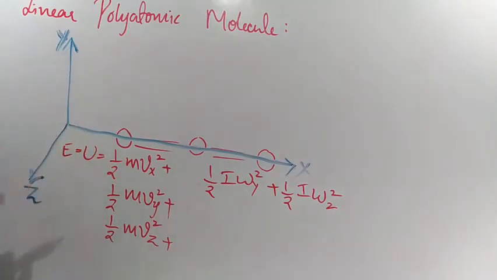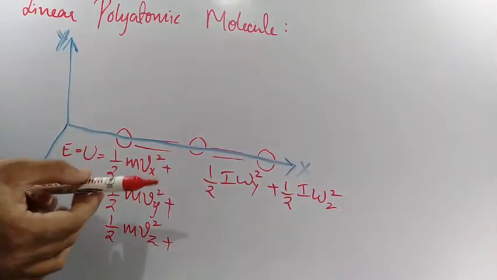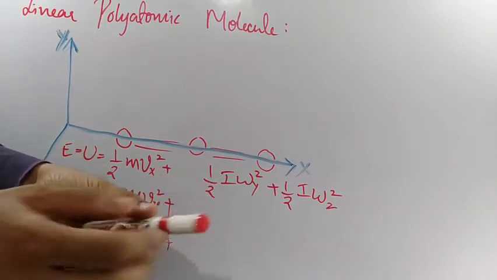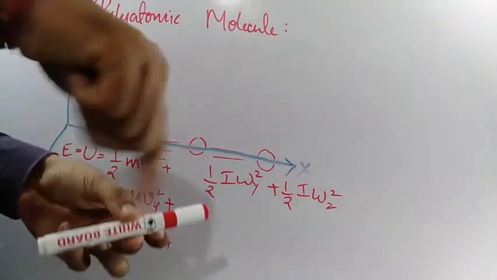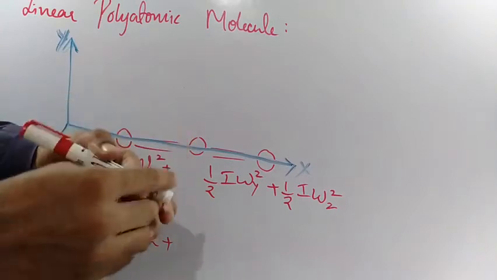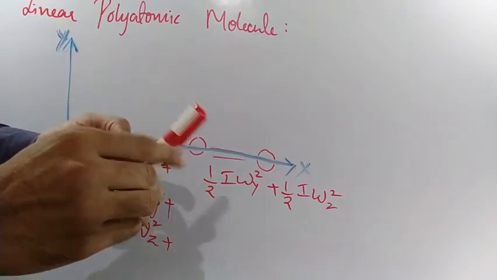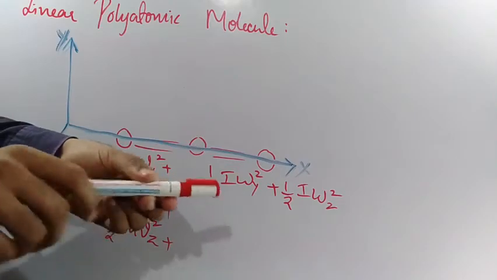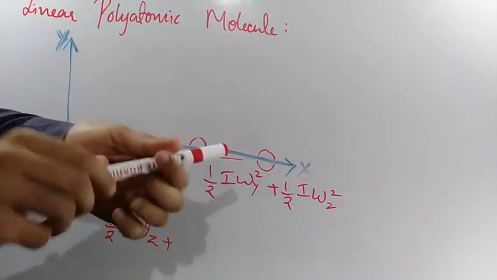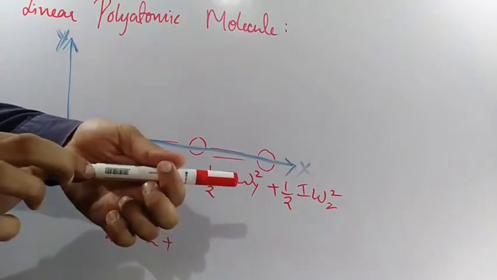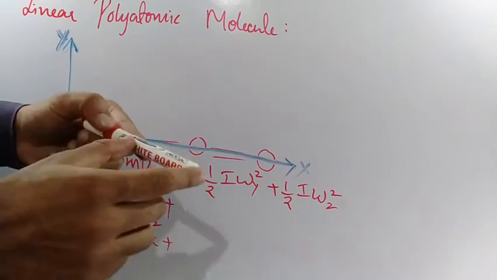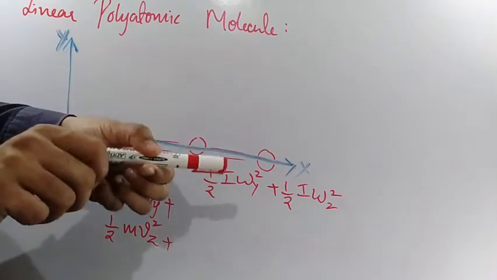But these two terms are related to rotation in this manner. Omega y square, angular velocity in this manner, and omega z in this manner, along the z axis. Now, in this manner also it will rotate. But here the radius value is smaller. Like this it will be rotating with a small radius. Compared to these rotations, this radius is a bit larger, but this radius is smaller.